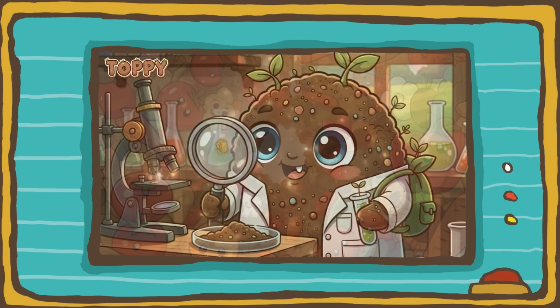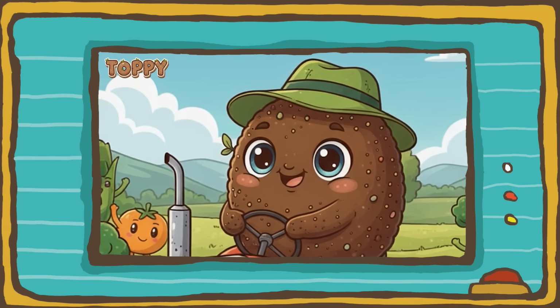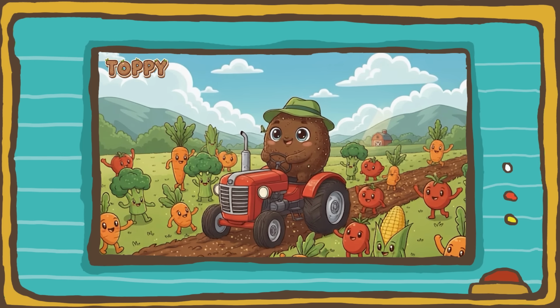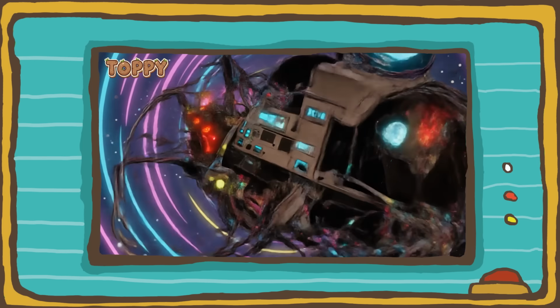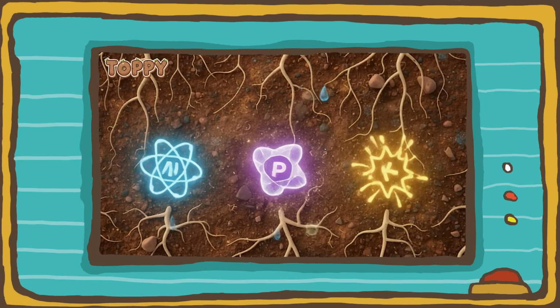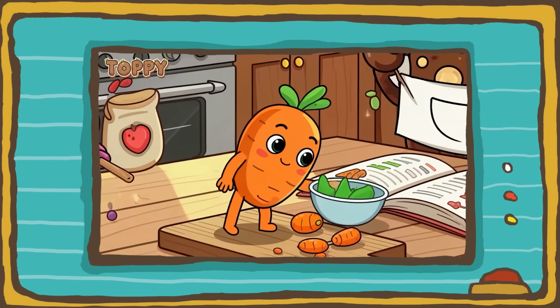Toppy time, let's grow and shine! Toppy time, the garden's mine! Dig it, drop it, water, pop it, sprout so fast, you can't stop it. Little green buds doing the shimmy, turning the dirt into something